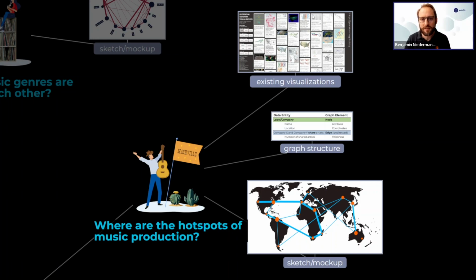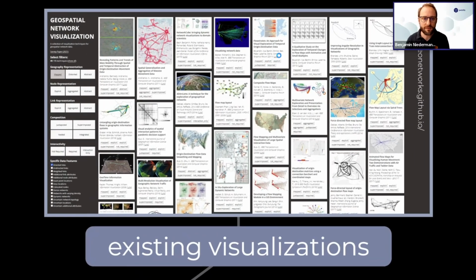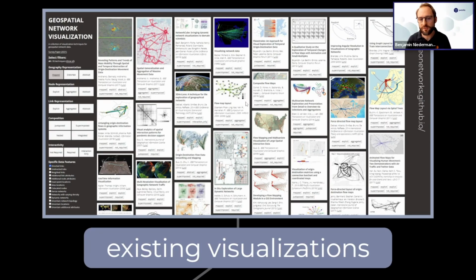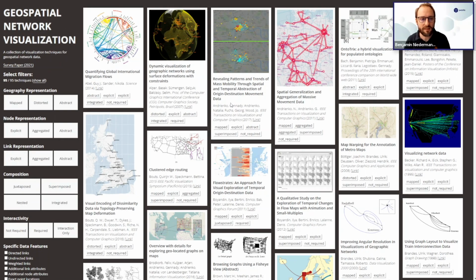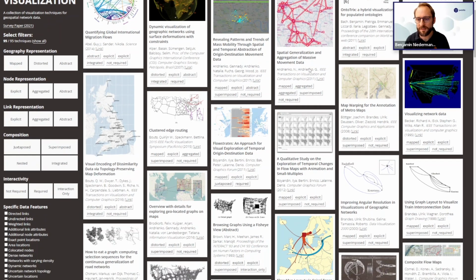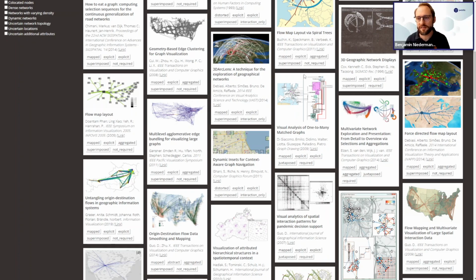And here, to find existing visualizations, we again just had a look using some kind of databases for geographic visualizations. And this is, of course, also a typical way to find existing graph visualizations that could give you some ideas how you could visualize the data. Here, this is a database for geospatial network visualizations, which lists a lot of research papers. And the nice feature is that you basically directly get the images of these papers, and you can scroll